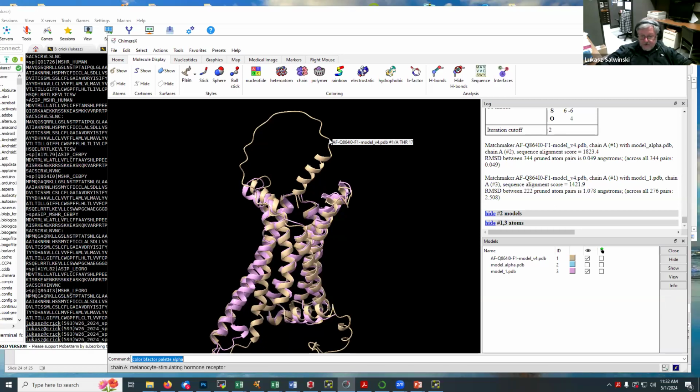The last part, #1/A THR17, specifies which residue I'm hovering over. This is model 1, chain A, and that's threonine 17. So to specify it in a command line, I can say